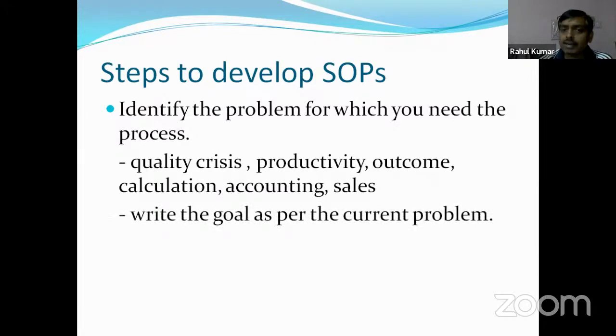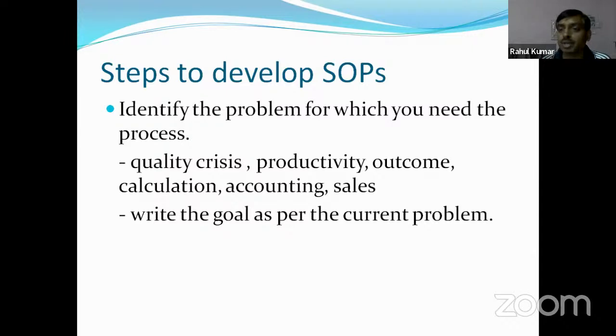नाउ अगला हमें क्या करना है, राइट द गोल एज पर द करेंट प्रॉब्लम। प्रोडक्टिविटी में हमारा कम आ रहा है, उसका गोल बनाइए, 5% नीड टू बी राइज इन द नेक्स्ट क्वार्टर। रिजेक्शन हमें कंट्रोल करना है, उसका एक गोल सेट करिए, कितना होनी चाहिए। फर्नेस ऑयल कंजम्पशन एक गोल बनाइए, कितनी होनी चाहिए। अब फर्नेस का मेंटेनेंस कितने दिनों में होनी चाहिए,